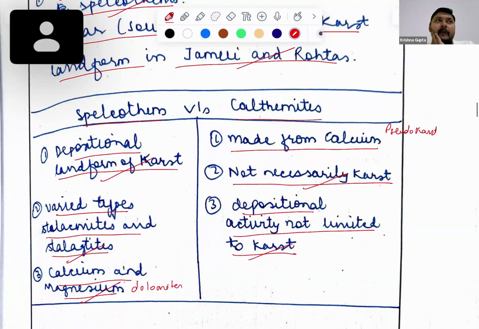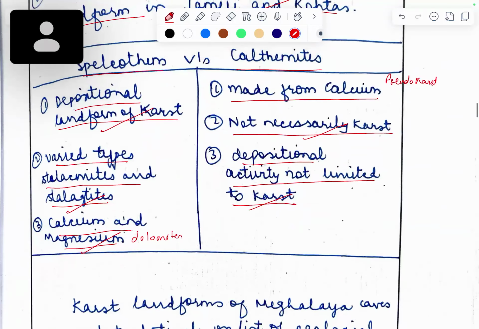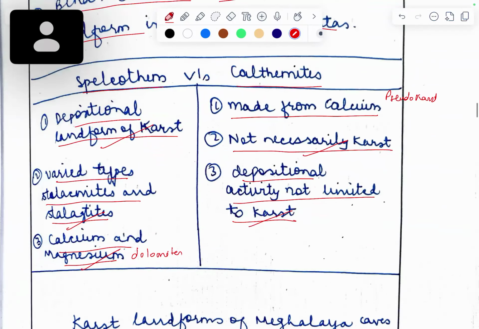But I didn't know what to write when I was giving the test, so I just made a guess that it's not related to karst, and it had cal written in it, so I just assumed it uses calcium. Yeah, actually that is the part here. So majorly we'll see that